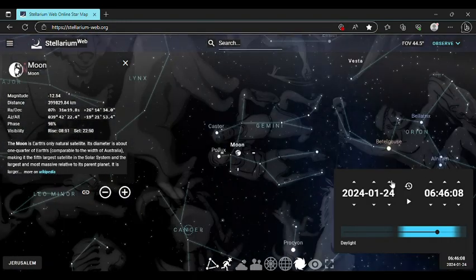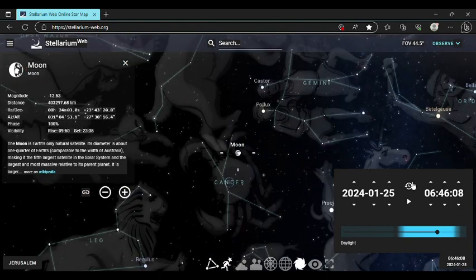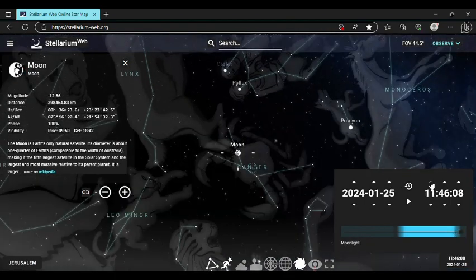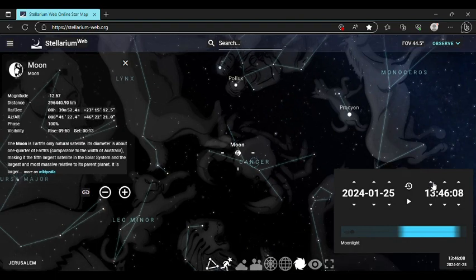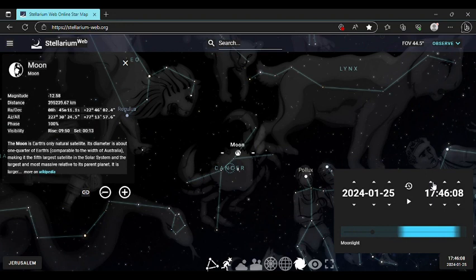Almost there. And there we have it. Now, full moon here, right here. This is the crab, and I'm going to do some talking about this one, because right here is called a beehive cluster. It's in the crab, and I want to turn this around if I can. Here we go.